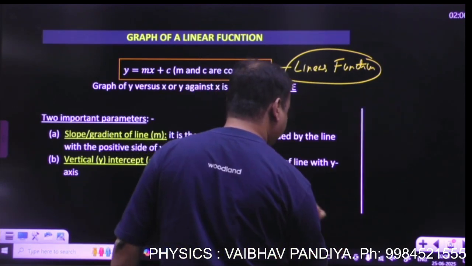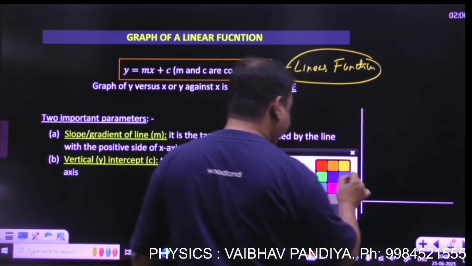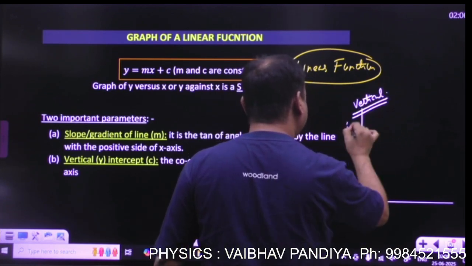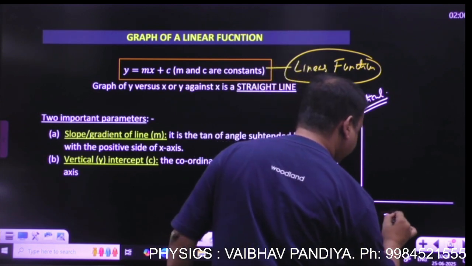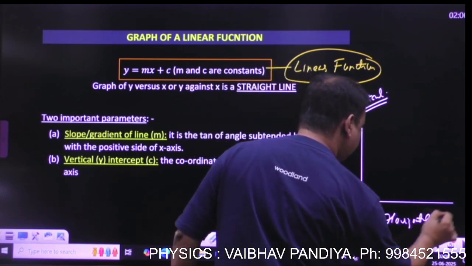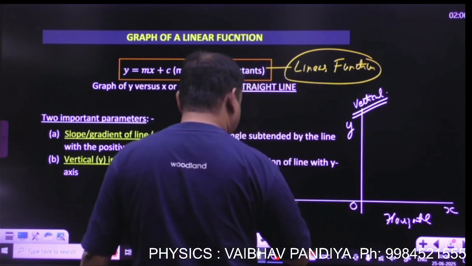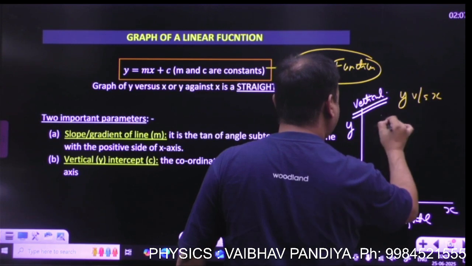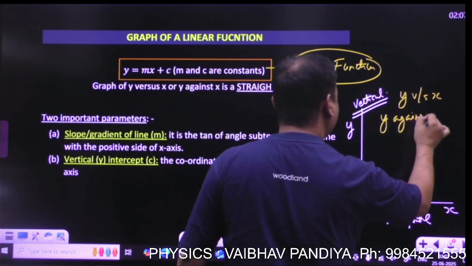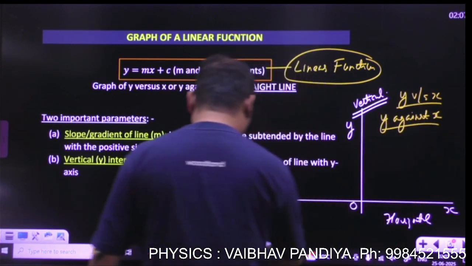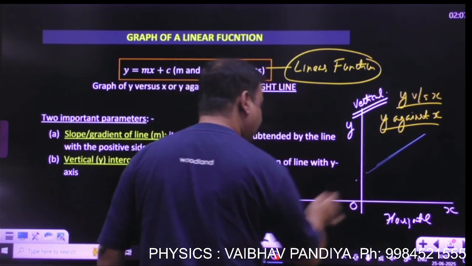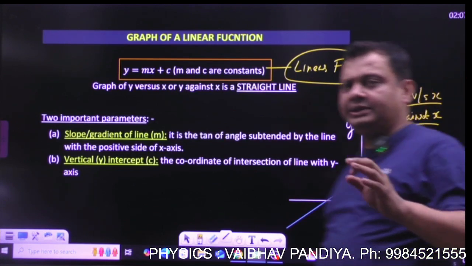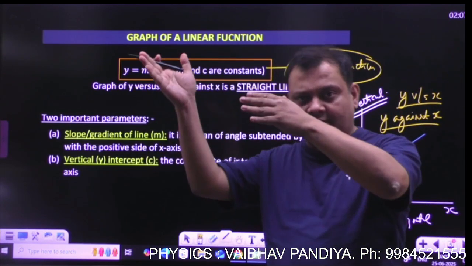And when you plot the graph, on the vertical axis we plot the dependent variable, that is y, and on the horizontal axis we plot the independent variable, that is x. And the graph is called y versus x, or y against x. So the graph of a linear function will always be a straight line. Whenever you have a linear function, at an instant you can say the nature of the graph would be a straight line,